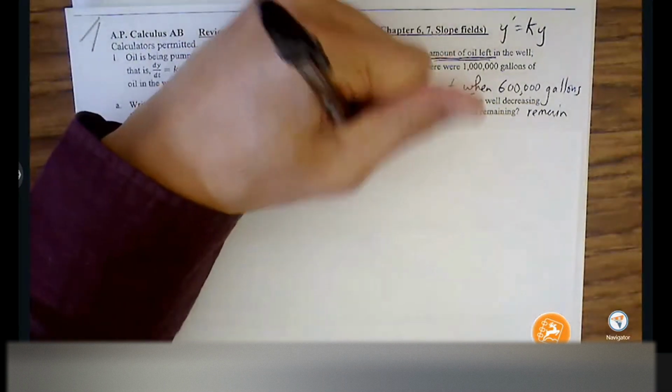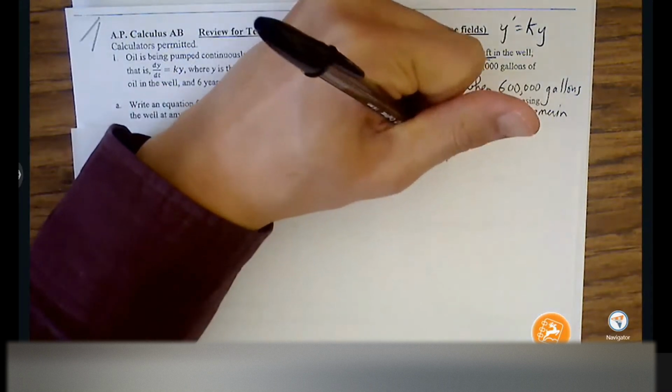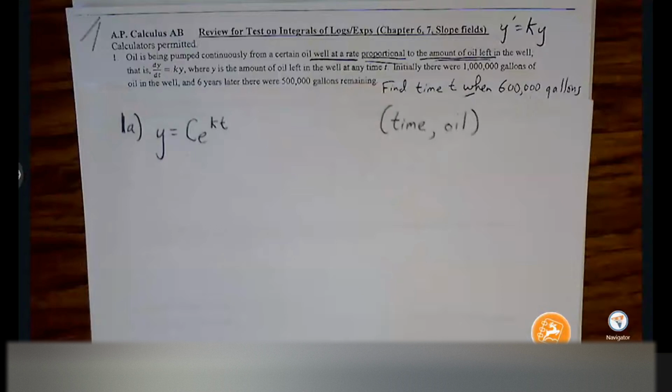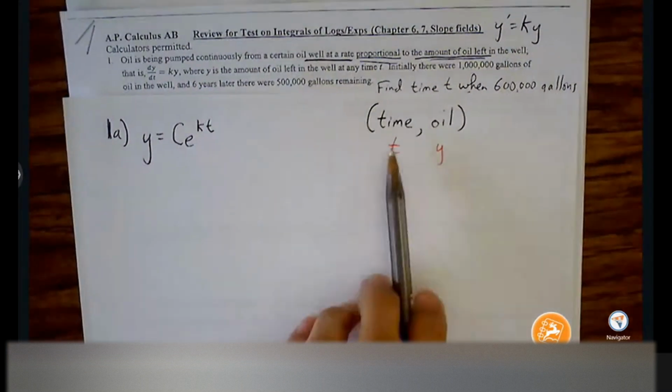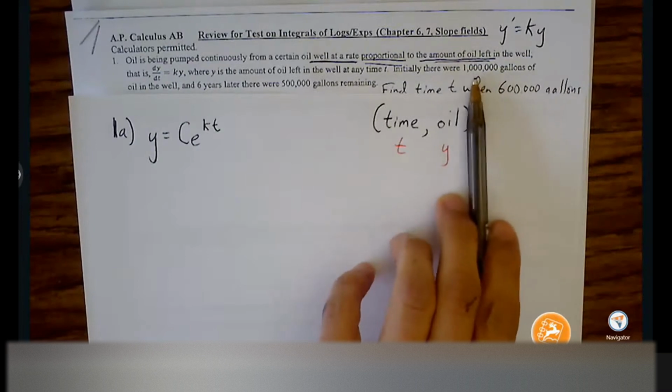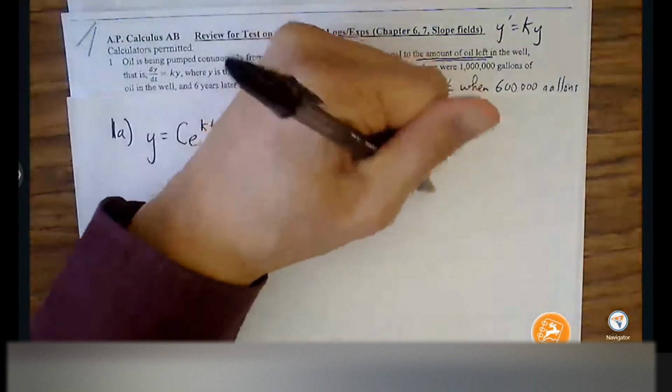All right, so we like to start off with some ordered pairs here. We know that our ordered pairs will always be time followed by whatever our dependent variable is. So we'll let t represent time. We'll let y represent the amount of oil in the well. We always like to involve 0, right? 0 is going to help us a lot. So anytime we can have 0 as a time, as a starting point, the earliest starting point that we have is when there's 1 million gallons in the well. So we'll let 0 represent time in years, and then 1 million for